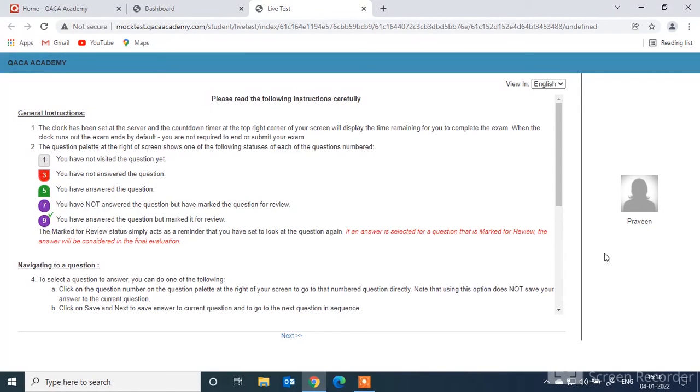and the test page opens, and I can start and solve the mock test. So this is the step-by-step procedure. After this you can go for the paid test and prepare yourself for the